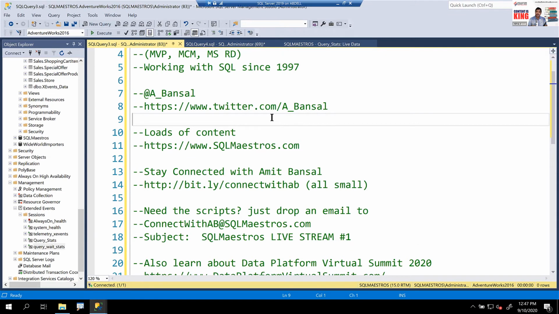And that is where extended events comes very handy. Right in the configuration, if you want to filter, you can say duration is, let's say, greater than 10 seconds. So whenever there is a blocking scenario greater than 10 seconds, you want to be notified. That should come to your attention. And then you may want to investigate why, what kind of concurrency is being implemented and why users are waiting so much when they just want to read data. Things like, do you want to implement optimistic concurrency? Is it like writers are blocking readers? And so on and so forth. It's a longer discussion, but the whole idea is that there are a lot of different ways you can play around with this.